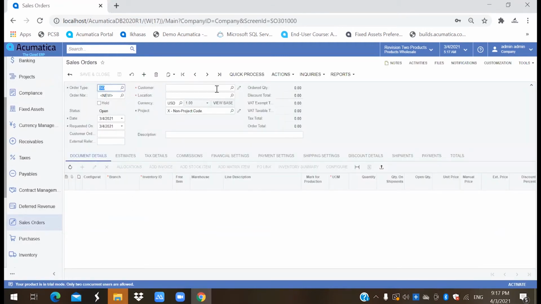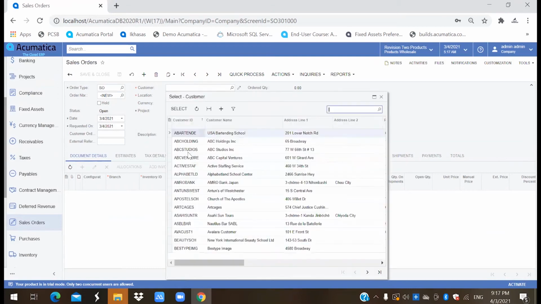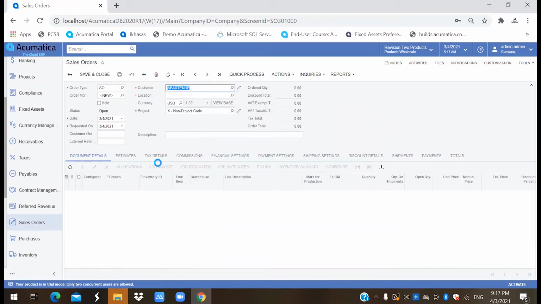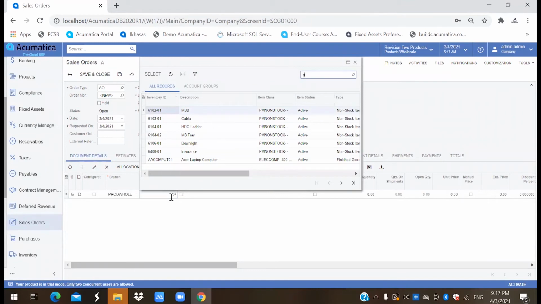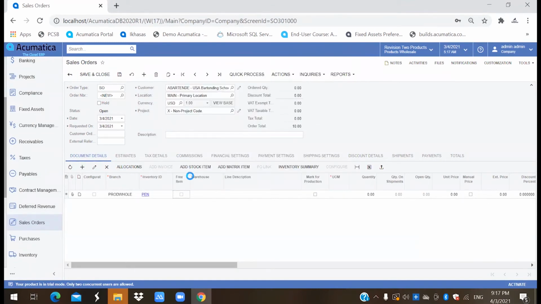Let's create a new sales order. Select our finished goods. So I have created a simple item for demo purposes.